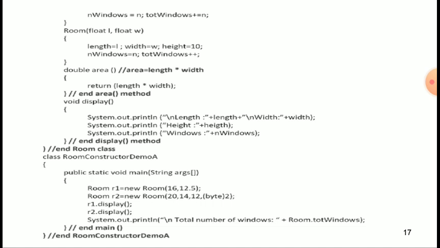Room r2 equals new Room(20, 14, 12, byte 2). r1.display, r2.display, System.out.println the total number of windows plus Room.totalWindows, end of the main, end of the constructor demo.